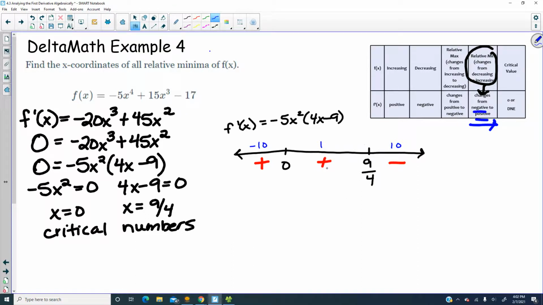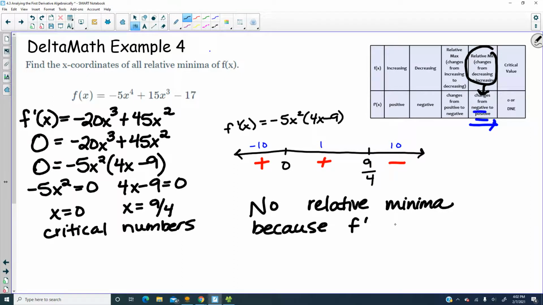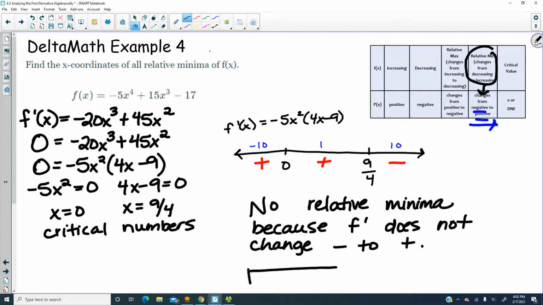So it doesn't look like there's anywhere where I'm seeing a negative and then a positive. Since I don't see any change from negative to positive, I can say that this example would have no relative minima, because f prime does not change from negative to positive. Now, when you go to enter this in Delta Math,